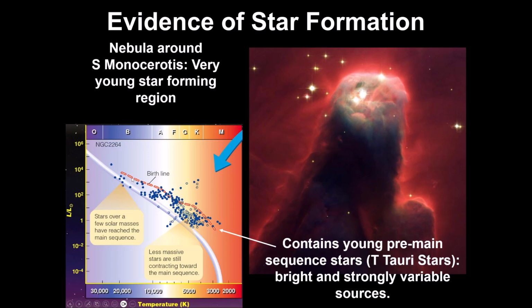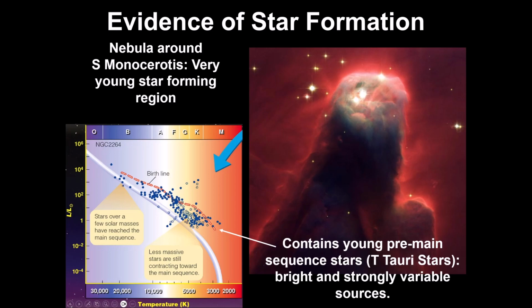And we believe that when they cross this birth line, so when their properties change and their position crosses the birth line, it's very likely that the fusion reactions have started here. And as you can see, most of these objects are below the birth line. Now, you'll see two different dots here, right? You see solid dots and open circles. The open circles just mean questionable members of the nebula here, whereas the solid circles are confirmed members.